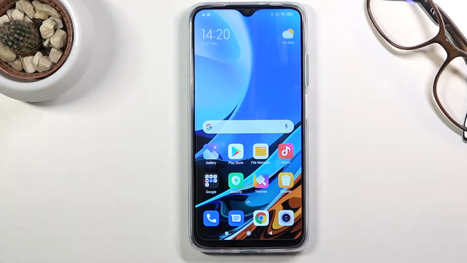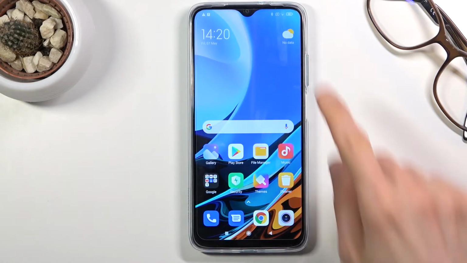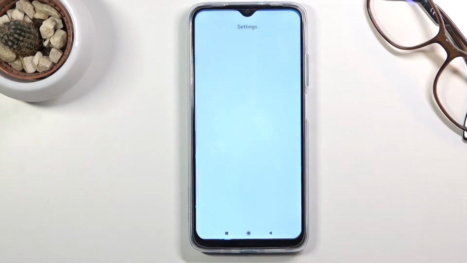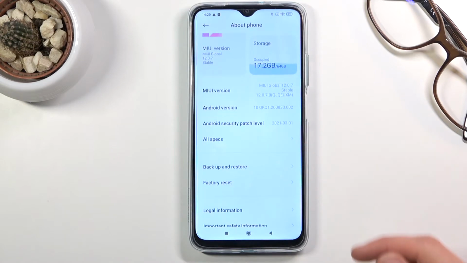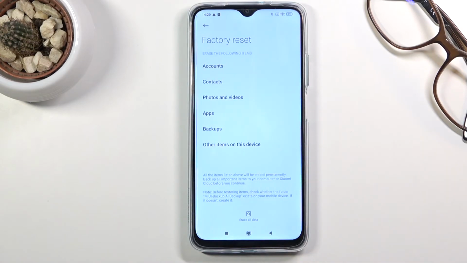Welcome. In front of me is a Redmi 9T, and today I'll show you how to hard reset the device through settings. And to get started, obviously, let's open up settings. From here, go to About Phone, scroll down to Factory Reset, and we'll tap on the Erase All